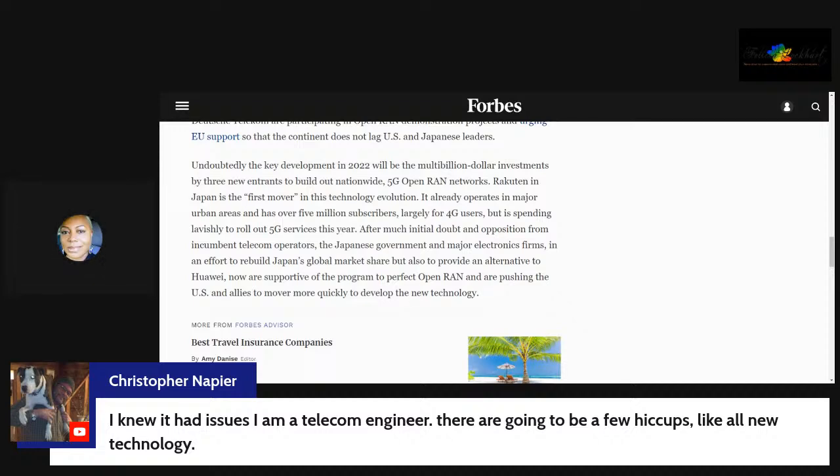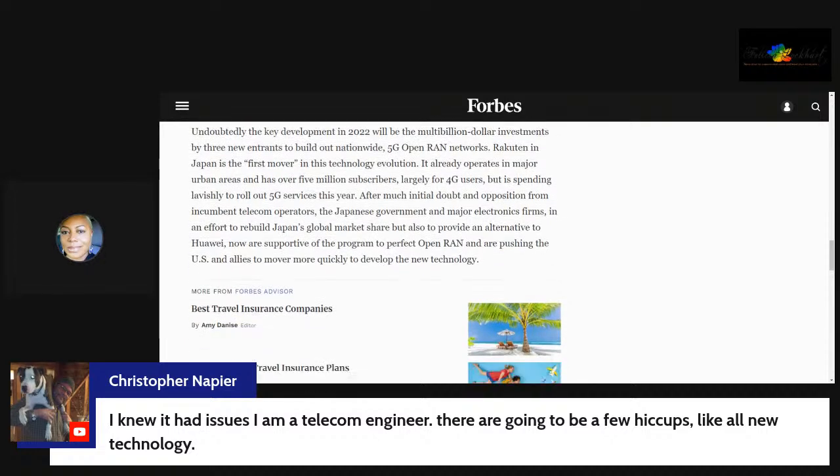this year. After much initial doubt, the opposition from the incumbent telecom operators, the Japanese government, and major electronics firms, in an effort to rebuild Japan's global market share, but also to provide an alternative to Huawei, now are supportive of the program to perfect Open RAN and are pushing the United States and allies to move more quickly to develop new